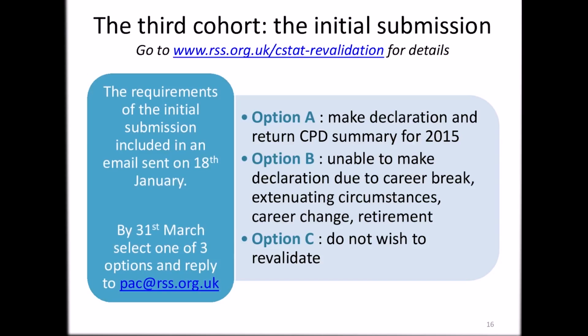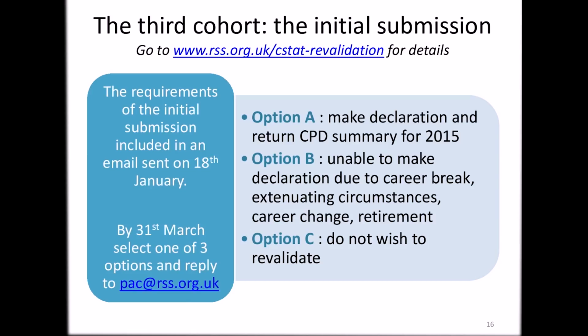So slide 16 briefly describes the 3 options that members were asked to choose from in their initial submission. So these were the 3 options given in the email sent out in the middle of January. If you choose option A, you make a declaration and return a CPD summary for the calendar year 2015.